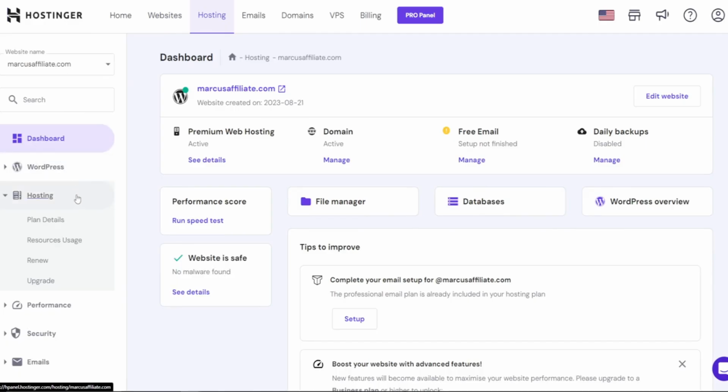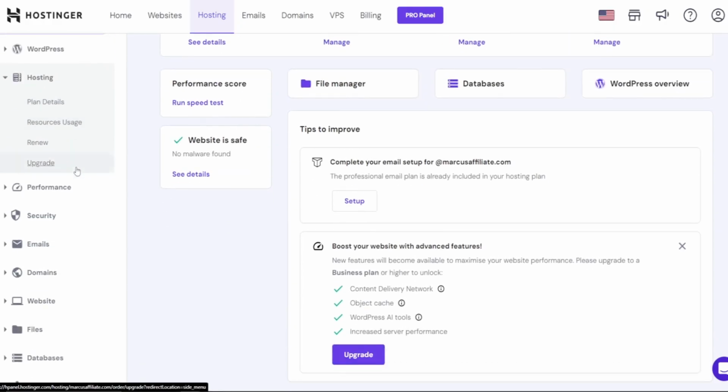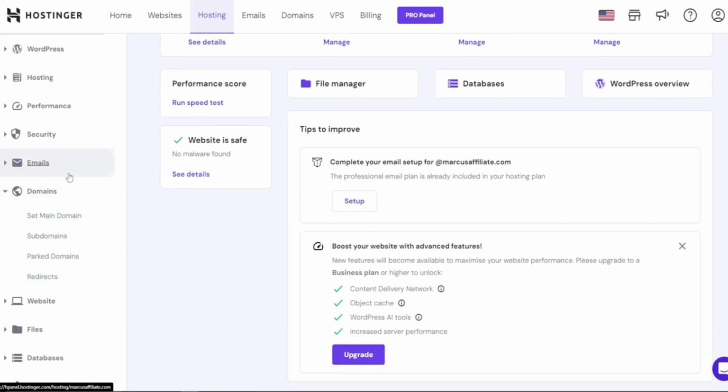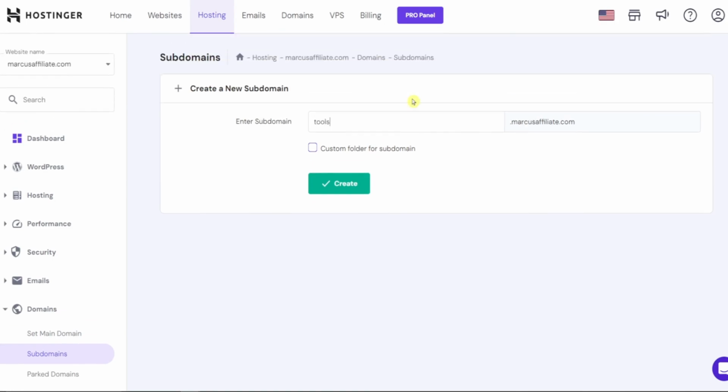Inside the hosting dashboard, look for the Domains section in the sidebar. Under Domains, click on Subdomains. Now you'll see a field where you can enter your new subdomain name. For example, you could type Tools. Hostinger will automatically attach it to your main domain, so it would look something like